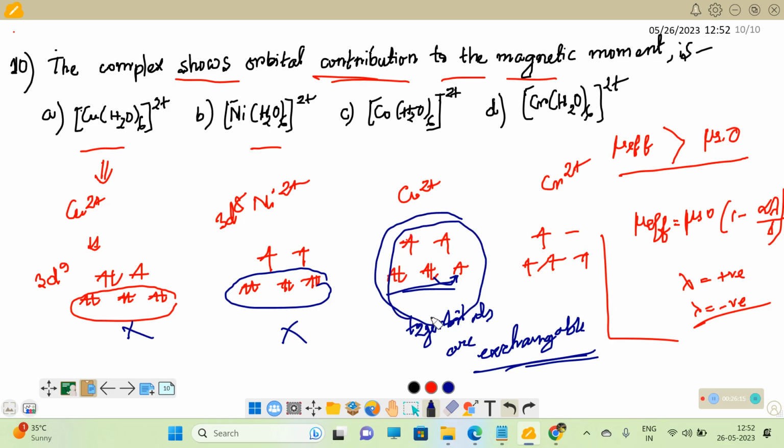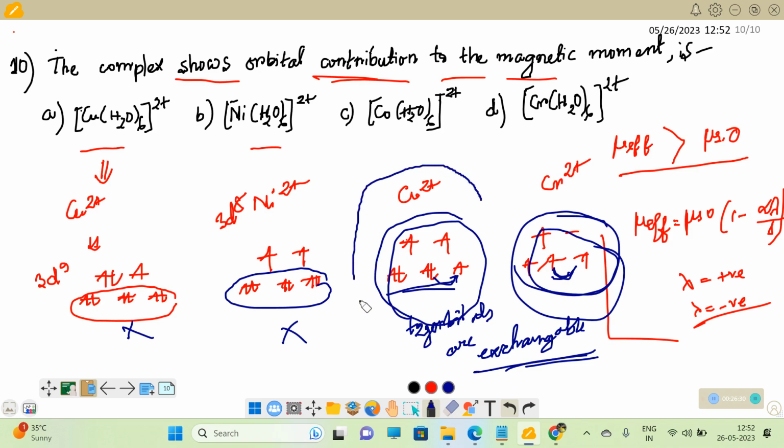Here also we can't exchange, because if we exchange here, it will be spin forbidden and orbital forbidden as well. So it is not present. Only this d7 system has that orbital exchangeable probability. What is orbital contribution? If we can exchange the t2g orbitals,